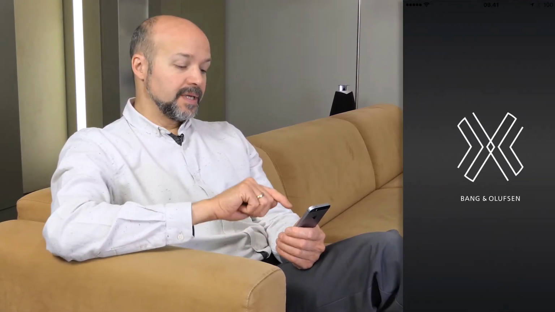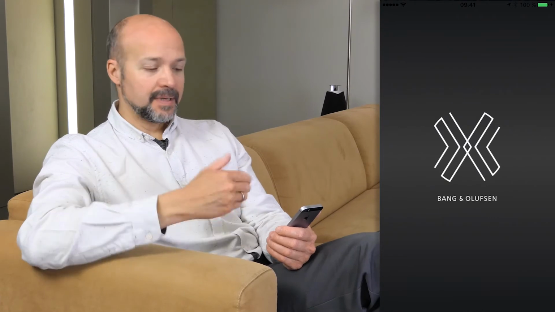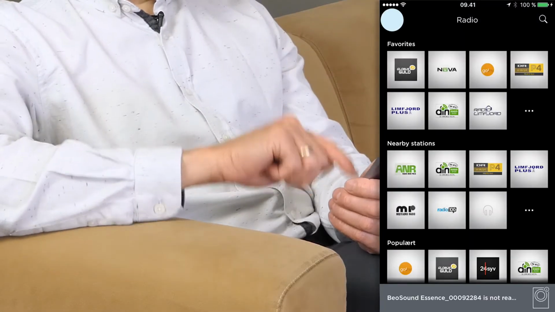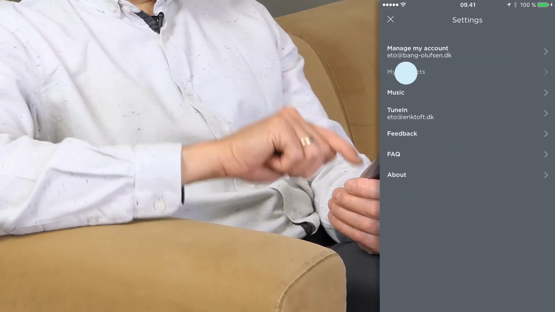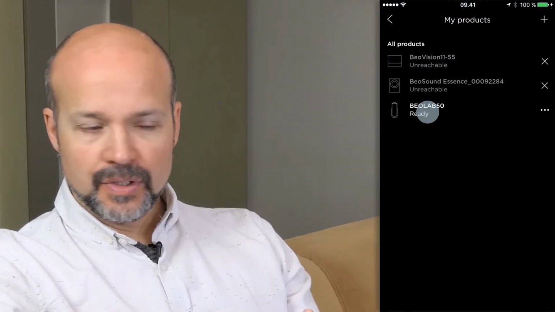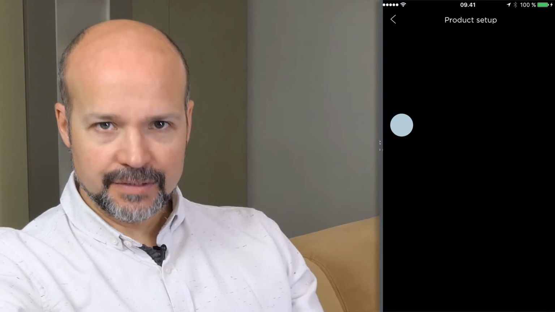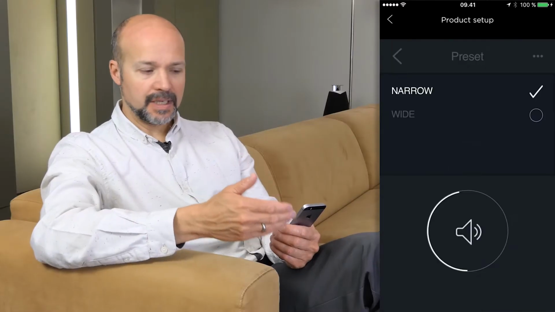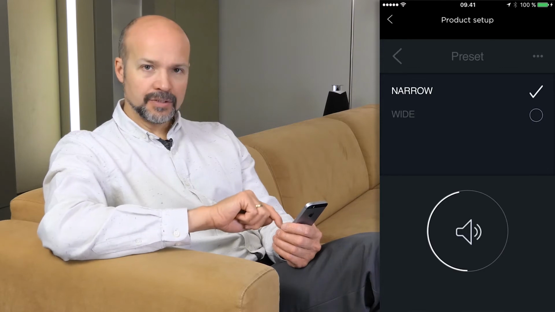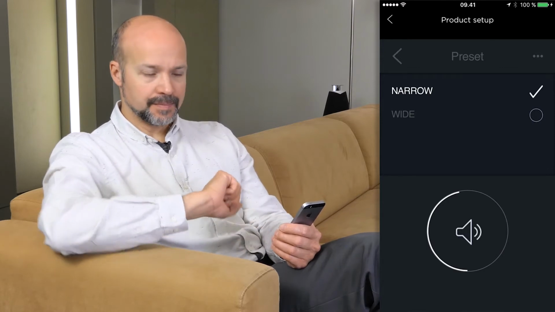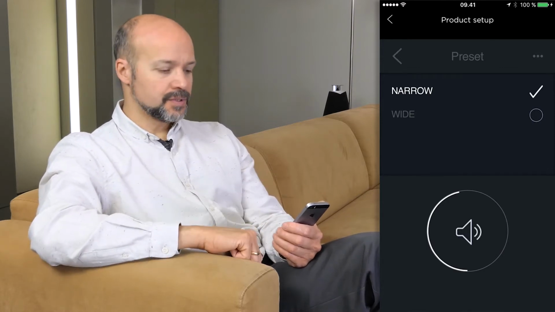We'll start by booting up the Bang & Olufsen app, and that will bring us to a screen where we'll see all the presets that are currently available. If your loudspeakers are new, then you'll see two factory default presets, one for narrow mode and one for wide mode. You'll also see a volume control at the bottom and a mute button, and we can use those independently